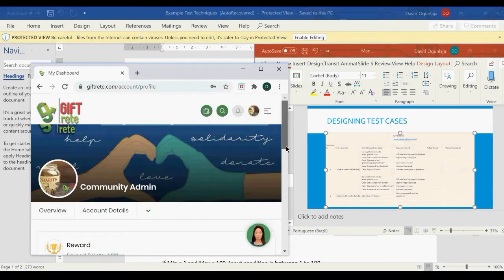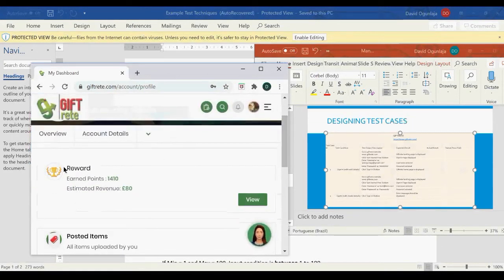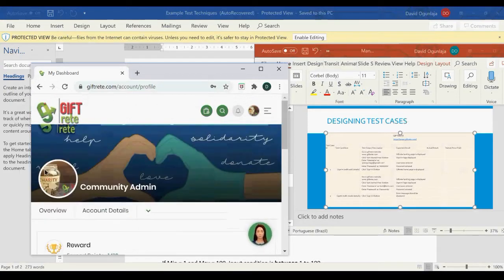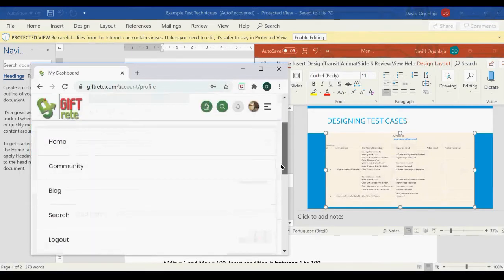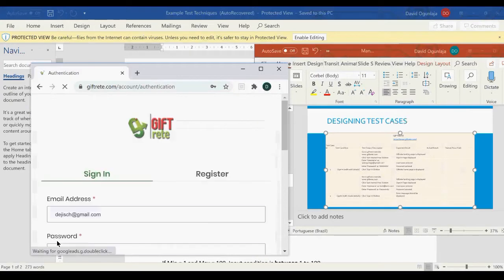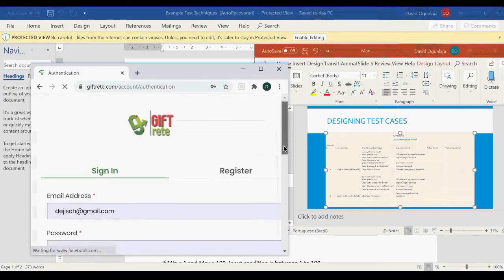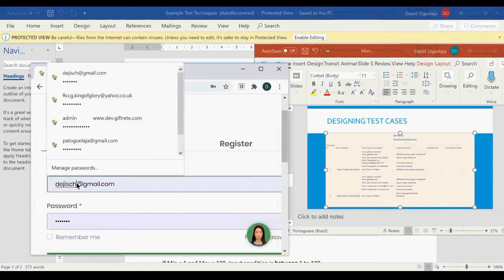And what happens? I am able to land on my home page. That's it. That's the home page. I have been able to sign in successfully. I'm going to log out now. So I will enter my password. We've just completed the valid